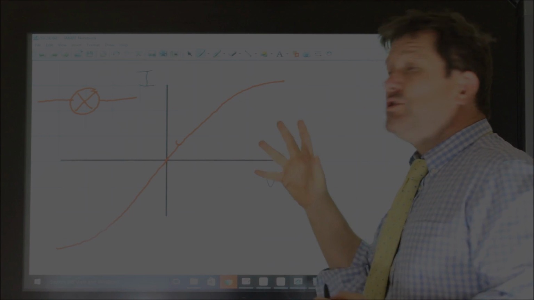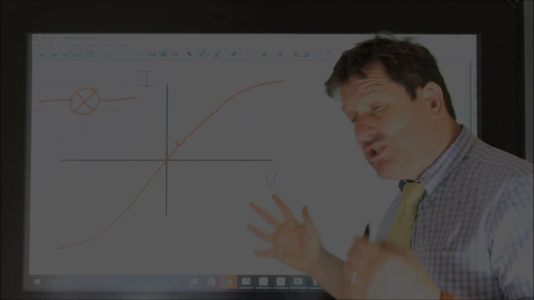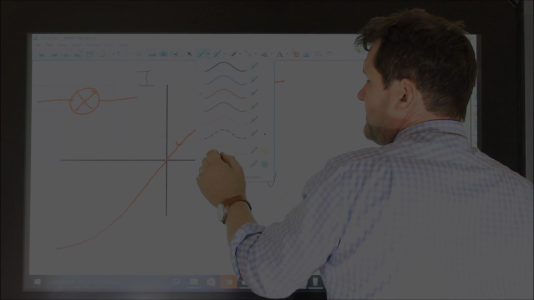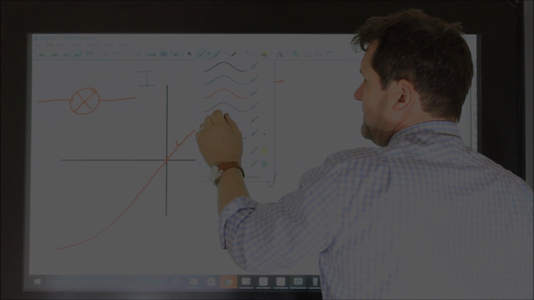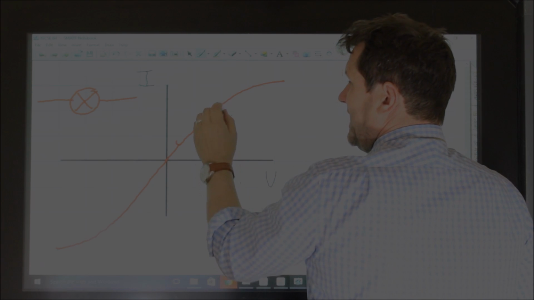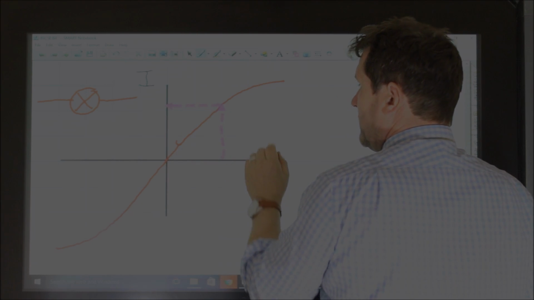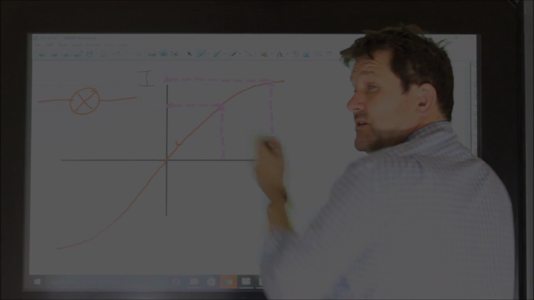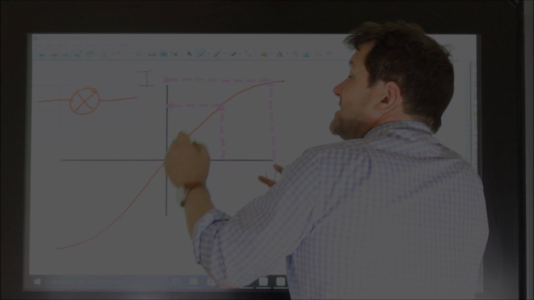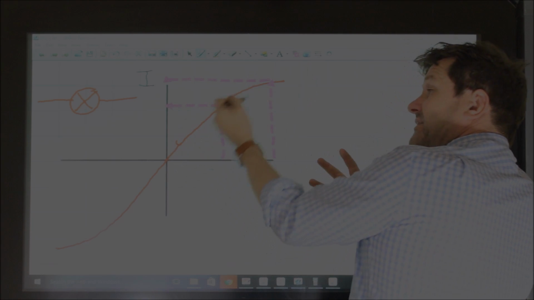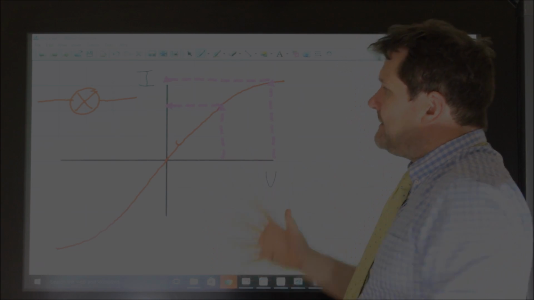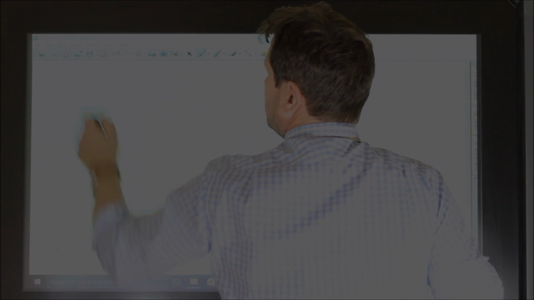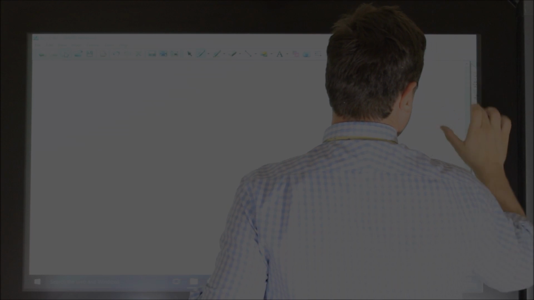Okay? You could do mathematical calculations and show that the resistance is going up by saying if you go along up here and across here, and you go up here and across here, and did voltage divided by current and voltage divided by current, you'd see that the resistance is getting higher as you move along. As the graph curves this way, the resistance is getting higher. That's a very important graph, you have to know it. Now, the other one that you must know is